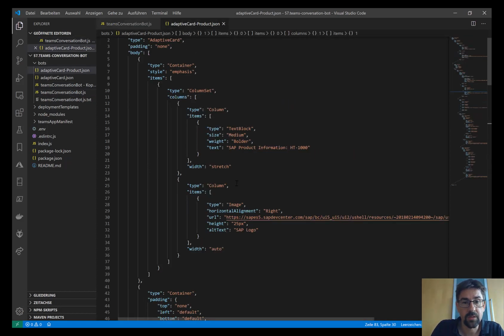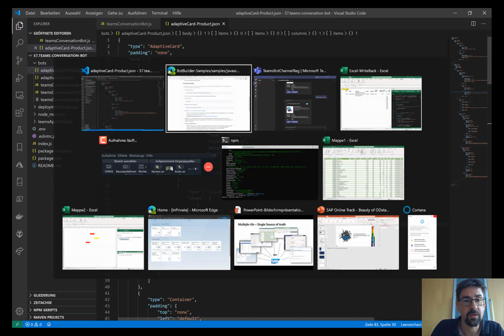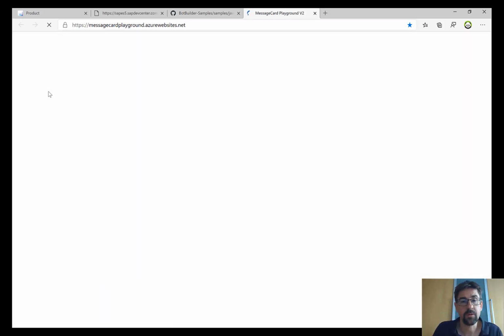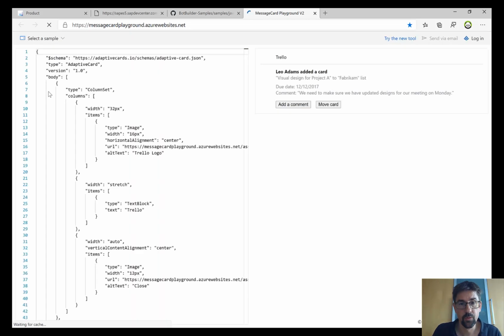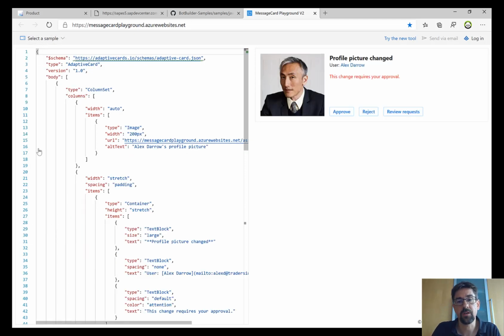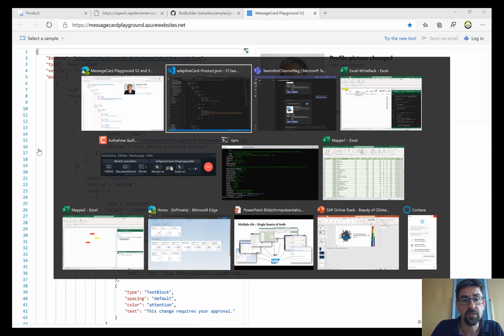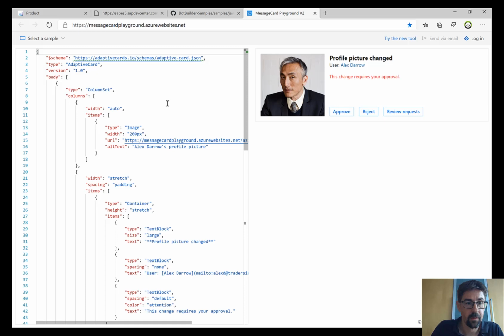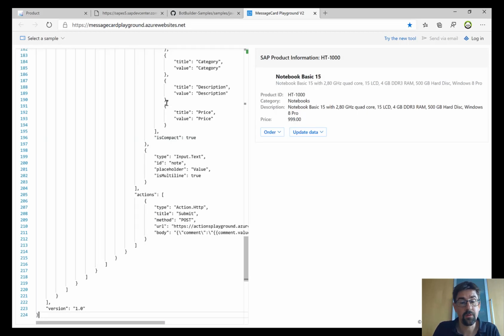This is one of the templates that I had created for adaptive cards. If you take a look, there's a so-called adaptive cards playground that allows you to test how this user interface would look like. These are some of the samples, and the beautiful thing with these adaptive cards is that they are easily integrated in Teams. They're easily integrated in lots of different products, not only Microsoft, but also obviously a lot of other products.